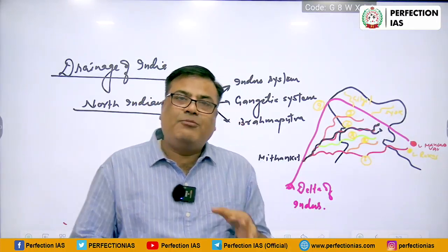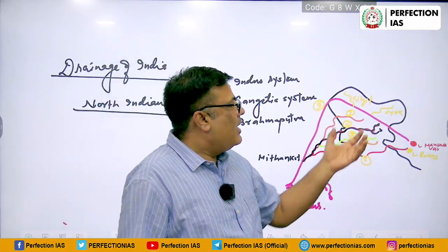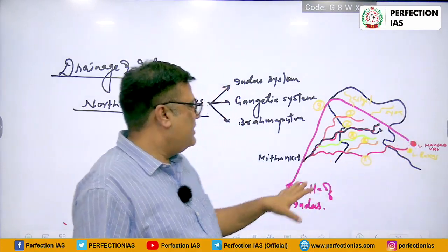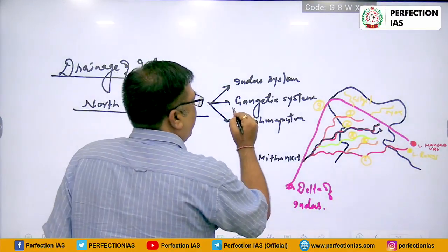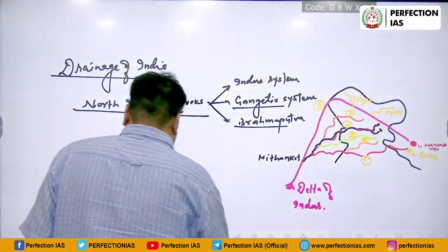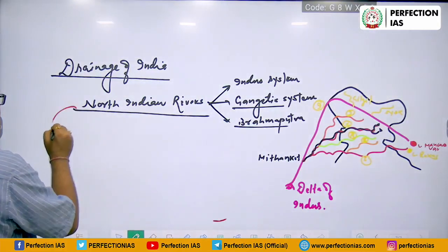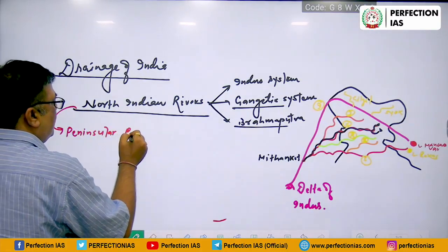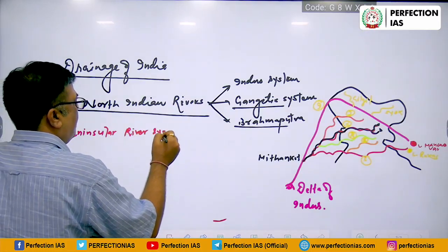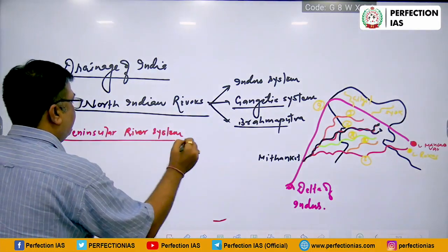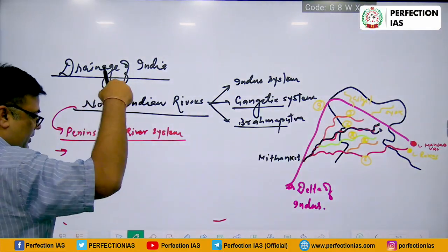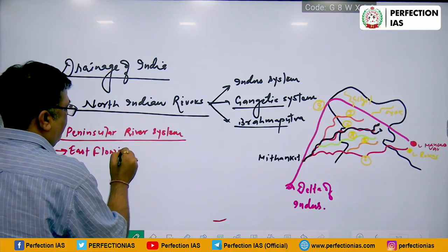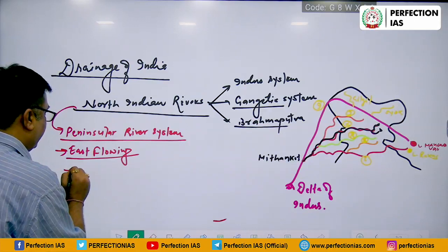कहने का मतलब ये है कि आप जो कुछ भी कर रहे हैं, अगर आप उसको मैप से करेंगे तो it will always be easy. Fine. So this is it, and the same way we can do Gangetic, Brahmaputra, and thereafter we come to the peninsular rivers. River system, and that includes the east flowing rivers, and that is